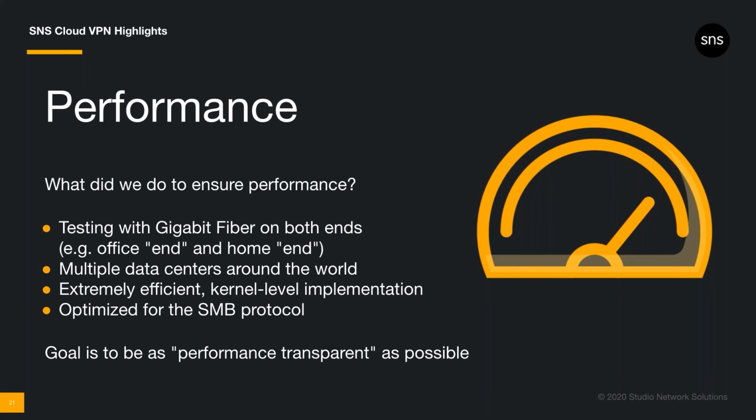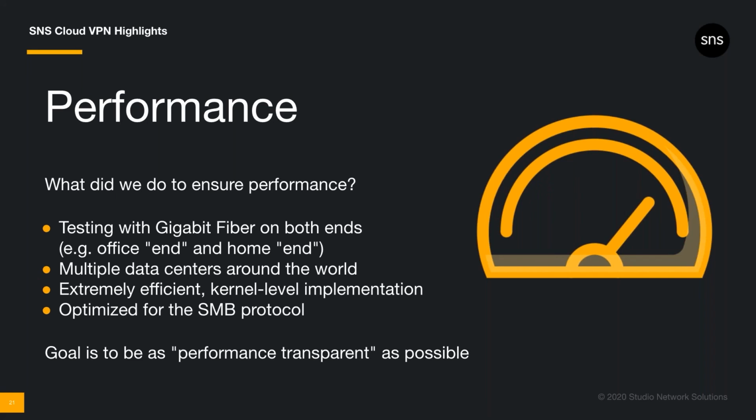We traced the paths of major internet backbones for optimal routes. Geographical distance isn't always the shortest path. Wire distance is more important. So we're supporting multiple data centers in major regions. We also gave very high priority to the SMB protocol. And that's the one that most of you already use, which isn't the easiest protocol to optimize for the internet. We think we've done a very good job here.